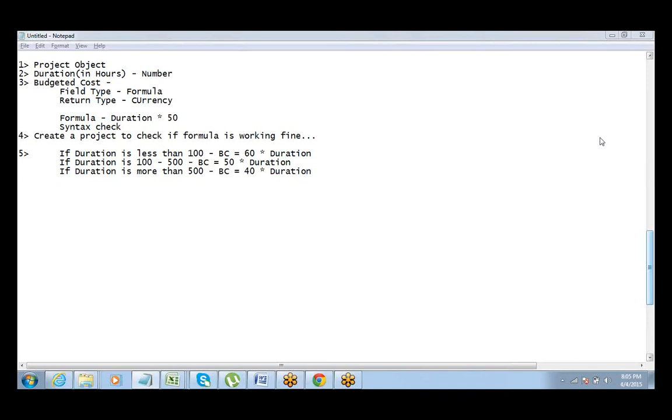So first of all, we'll write if duration less than 100, then what should be the budgeted cost, then put a comma, then write another if condition, and in that we should consider the other two scenarios. So we have three scenarios here: if duration is less than 100, if duration is 100 to 500, if duration is more than 500, right?